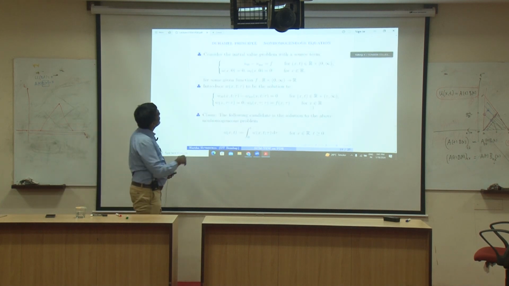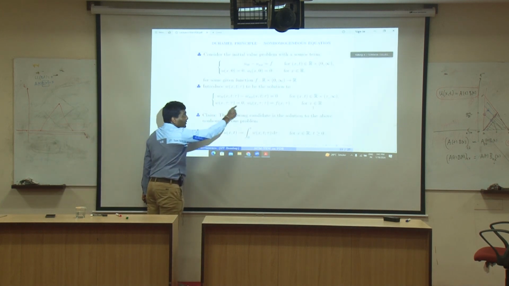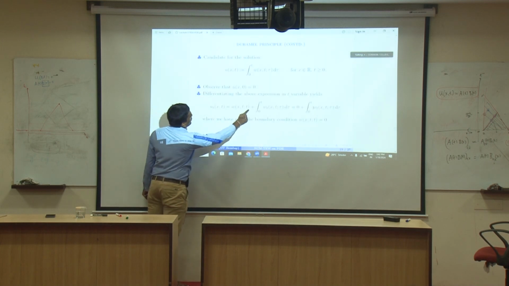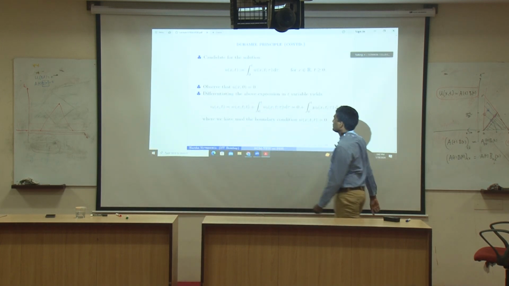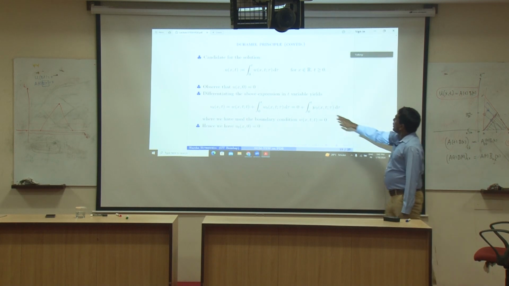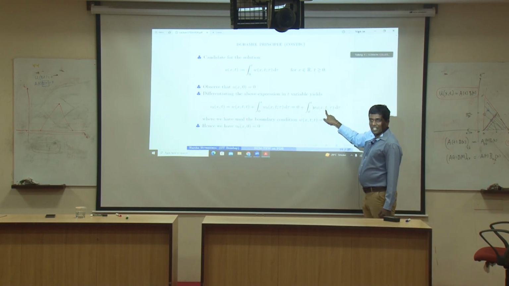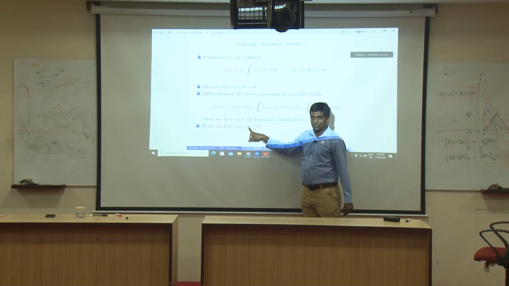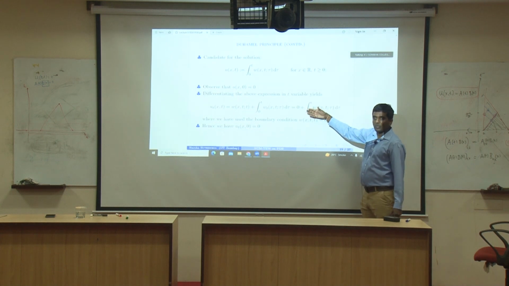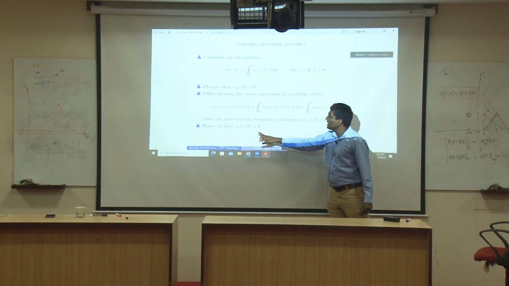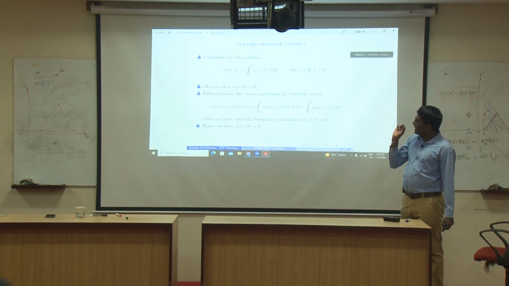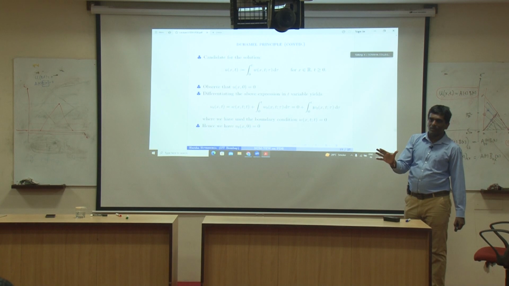W of x comma tau is 0 for every tau, because that is the zero condition that you are giving. At every time slice it is 0. So this term is 0 and you are only left with this. Now you have got some integral of some quantity, and you have to evaluate it at time t equal to 0. Because t is equal to 0, that also doesn't contribute, so you get 0. So at least this candidate satisfies the two initial conditions that you are after: displacement equal to 0 and also velocity equal to 0.